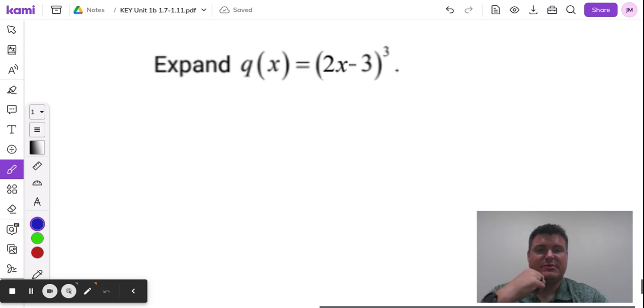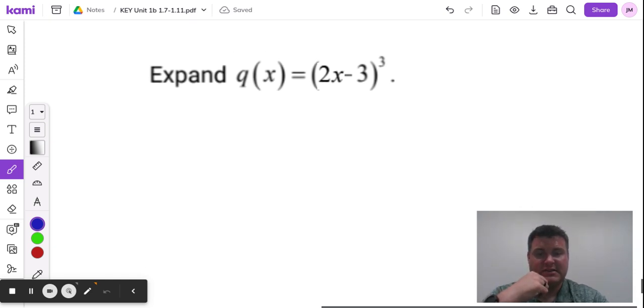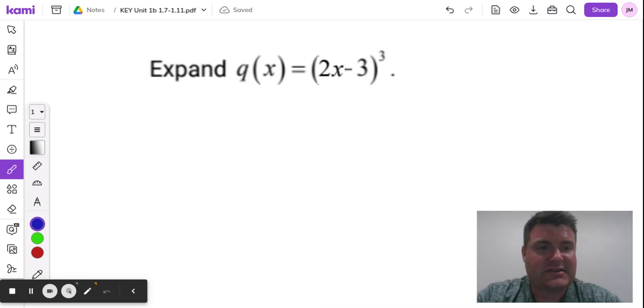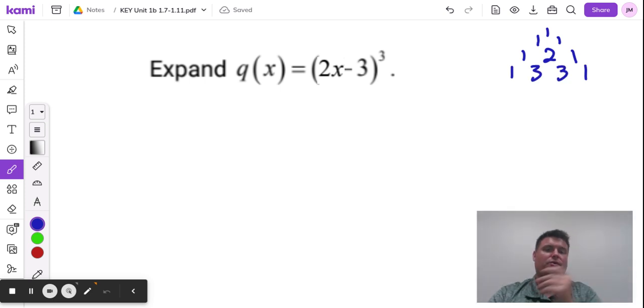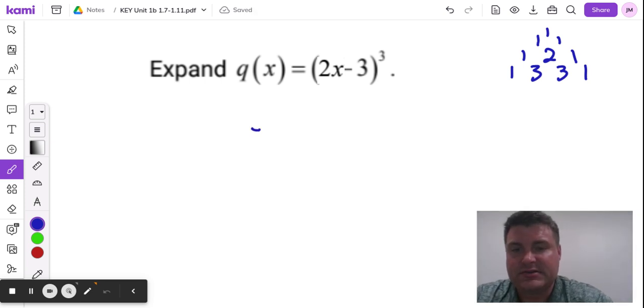So here's our next example. And this is to the third, which is nice. A little bit less work here. So if I'm looking at Pascal's triangle, it's going to be this row right here, the 1, 3, 3, 1. Okay, so let's go ahead and expand this. So this is going to also equal